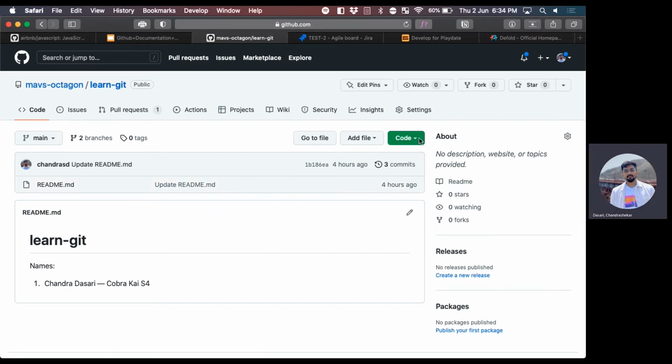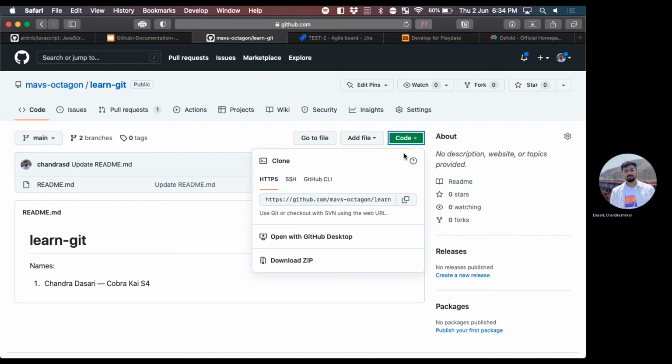Okay, I'll basically go step by step and explain how you do the workflow. The first thing, you click on the code part, the green button. Go to the repo, learn-git. I sent the link in the Discord. You guys can go there. Once you go to that link, click on code, and then copy this link.